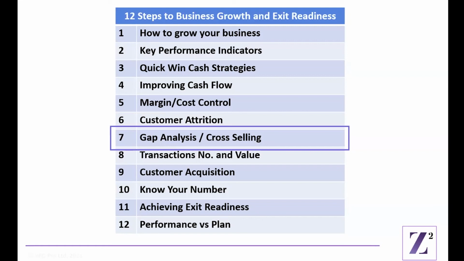Okay, so I'll finish up this week by running through the homework again and next week. This is where we are at the moment. We've covered 7 out of the 12 sessions now. We should be well on our way to understanding our business and how to grow. So next week, we're going to look at transaction number and value. Has that popped up, Charlotte?